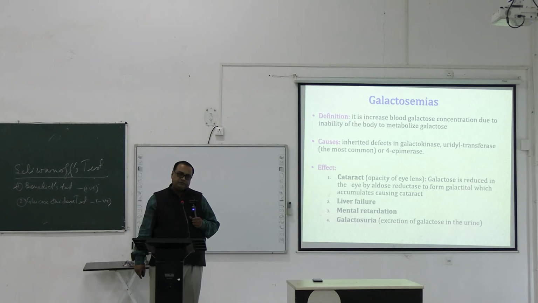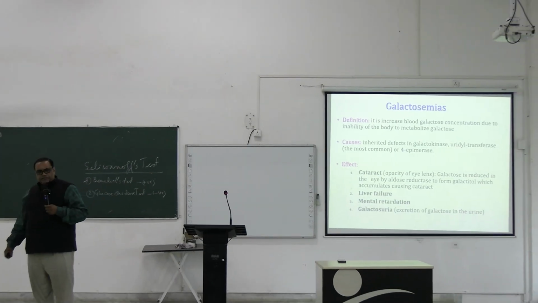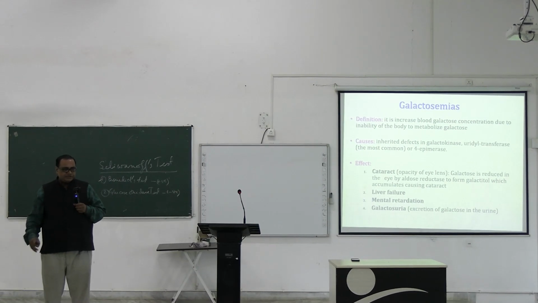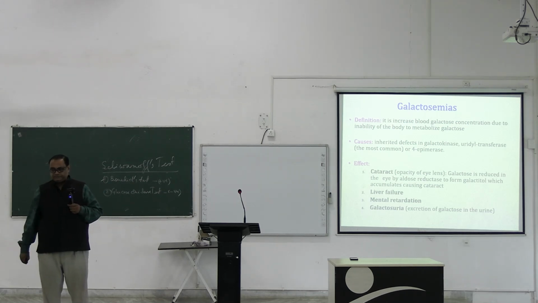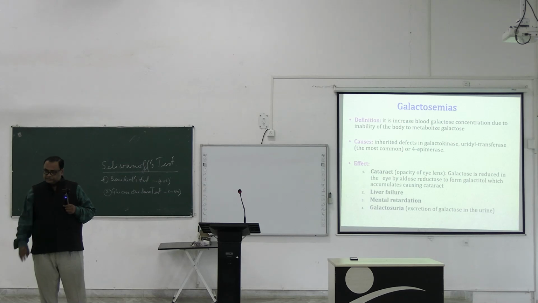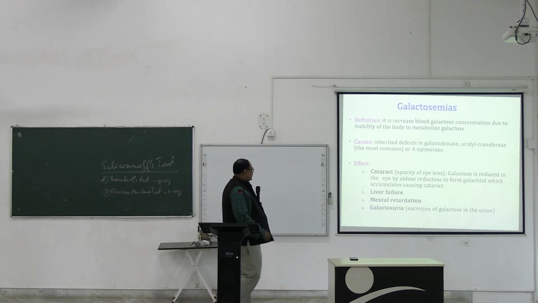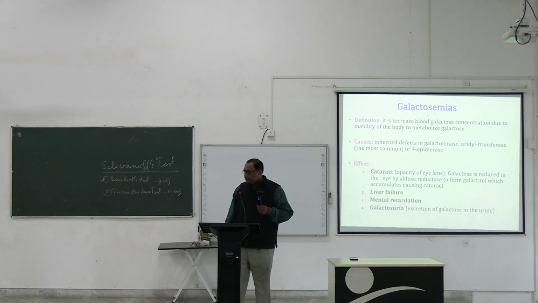If you have unilateral or bilateral, mostly bilateral, cataract. Sometimes the disease is so severe that the baby is born with cataract, bilateral cataract, in both eyes. Newborn baby with cataract, in case of the severe form of galactosuria or galactosemia. Okay? Cataract is due to what? Formation of galactitol.